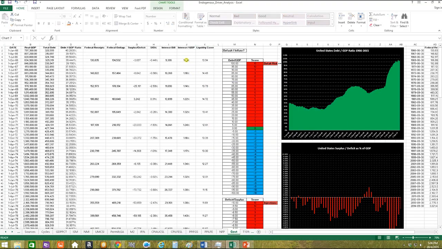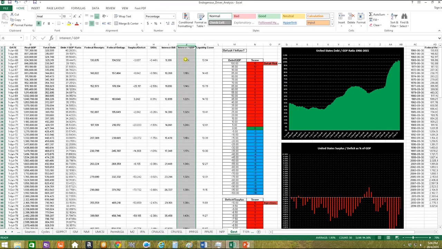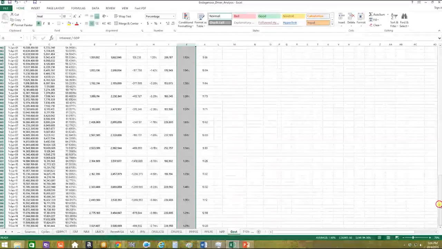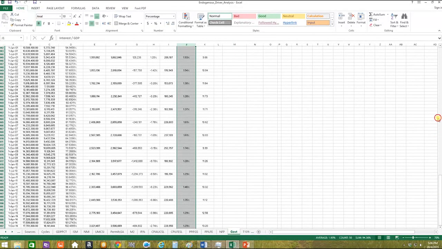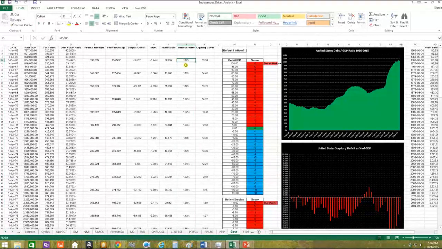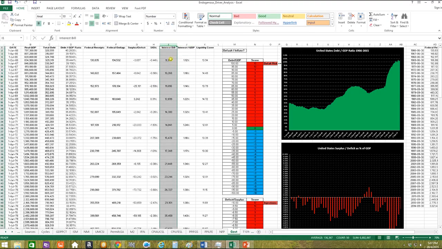And if we come out of there, we'll just highlight column J. You'll see all the way down we have our interest bills as a percentage of overall GDP, all the way up to present day. If we scroll back up to the top, we can have a look at the cells this is referencing. It's referencing cell B as the denominator in our fraction, and cell B, as we know, is our GDP numbers, and the numerator is column I, and column I is our interest bill.